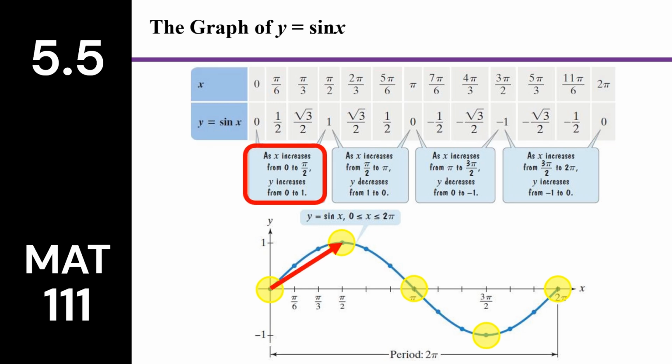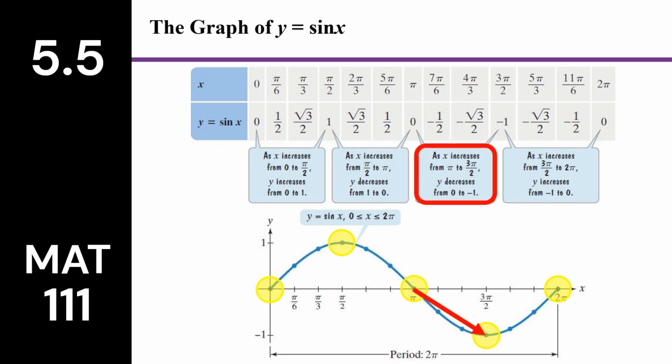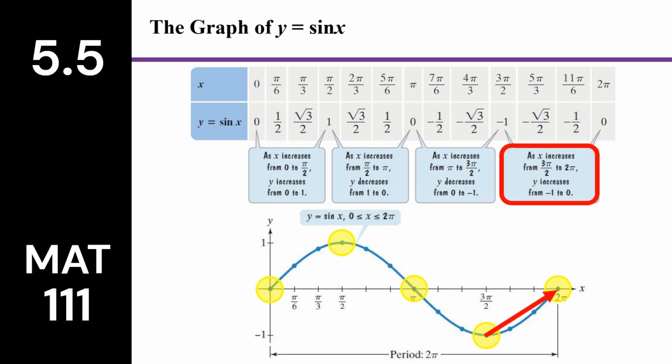Notice that the graph increases as we go from 0 degrees to 90 degrees. It decreases as we go from 90 degrees to 180 degrees. It goes from 0 down to negative 1 as we go from 180 degrees to 270 degrees. And then finally it goes from negative 1 back up to 0 as it moves from 270 degrees to 360 degrees. As we explore the graph of y equals sine x, we're going to be interested in these 5 key